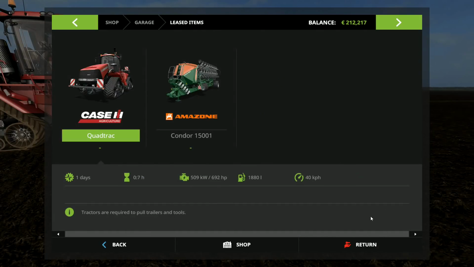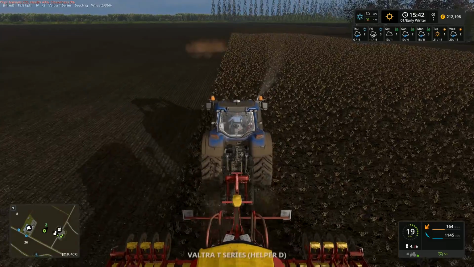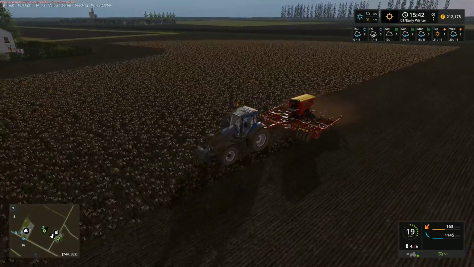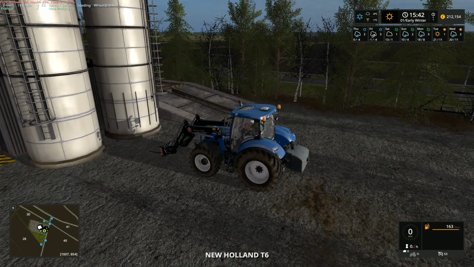There we go. And we'll also return the Case Quadtrac. There. So that's that one done. The only one that we've got left now is this one up here. And I'm just going to leave that one going for a minute, because we've got some other work that we want to do. So we don't need to worry about the Amazone Condor. I probably could have left that one until the spring. Although before we do that...